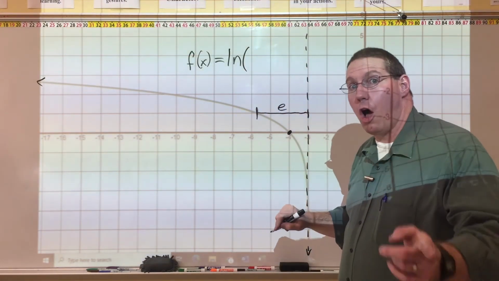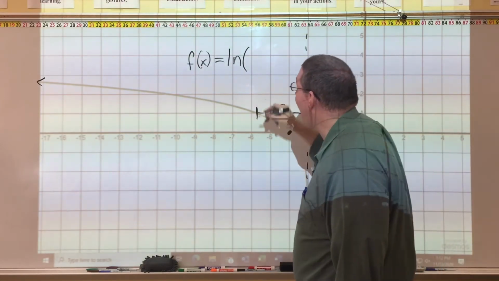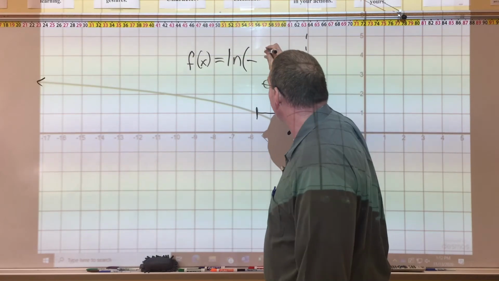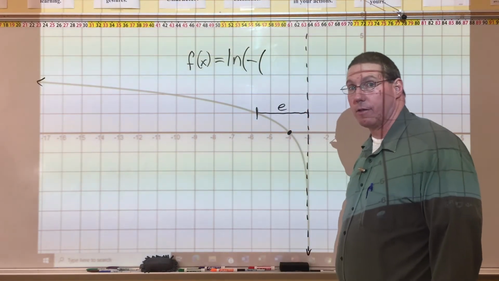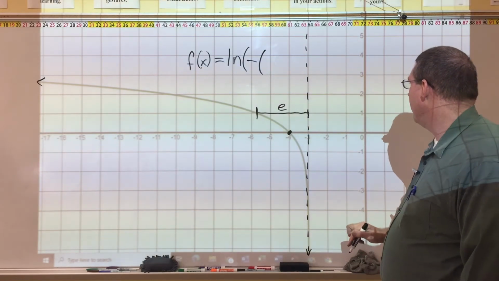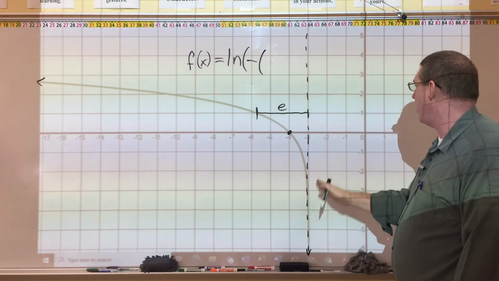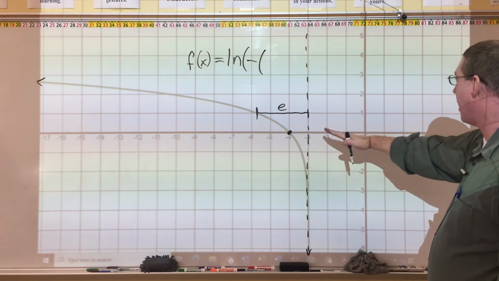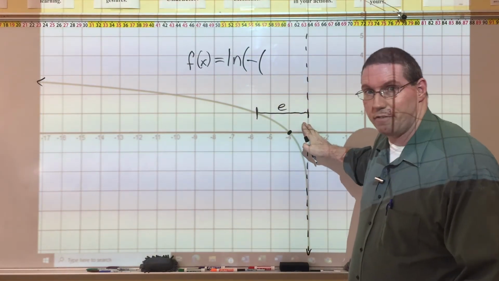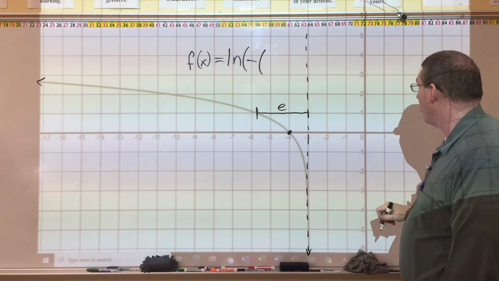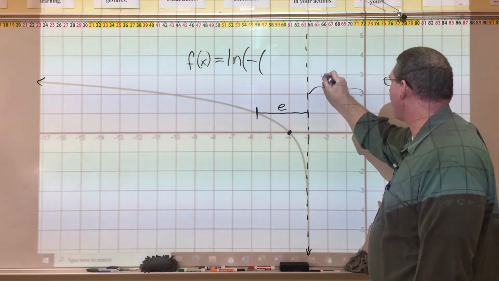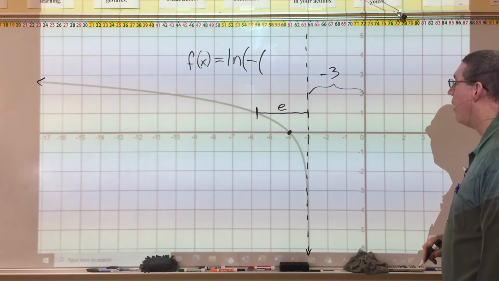That's the parenthesis for the logarithm. Now I need the negative for the backwards, and now I need another parenthesis for the x, because I have a horizontal shift. All right, so now what is my horizontal shift? Well, here's the vertical asymptote, and here's the y-axis. Instead of the asymptote being on the right side, it's on the left side. That means there's a negative shift of the vertical asymptote. How far? Well, this distance here, 1, 2, 3, that's a negative 3 shift, and therefore we're going